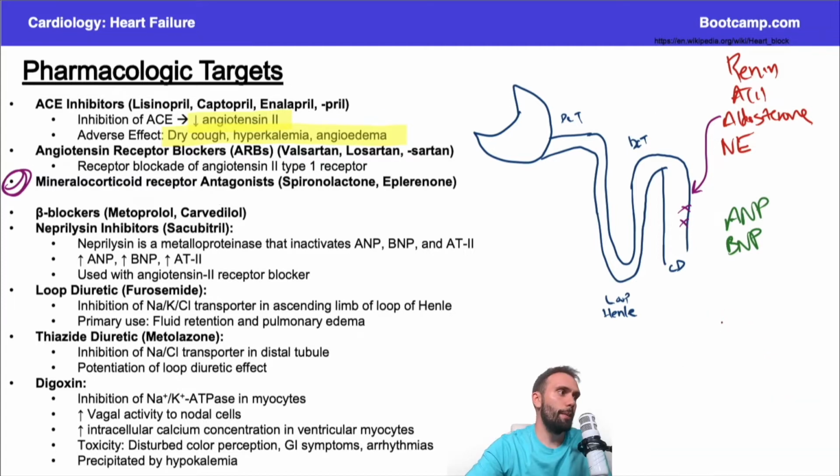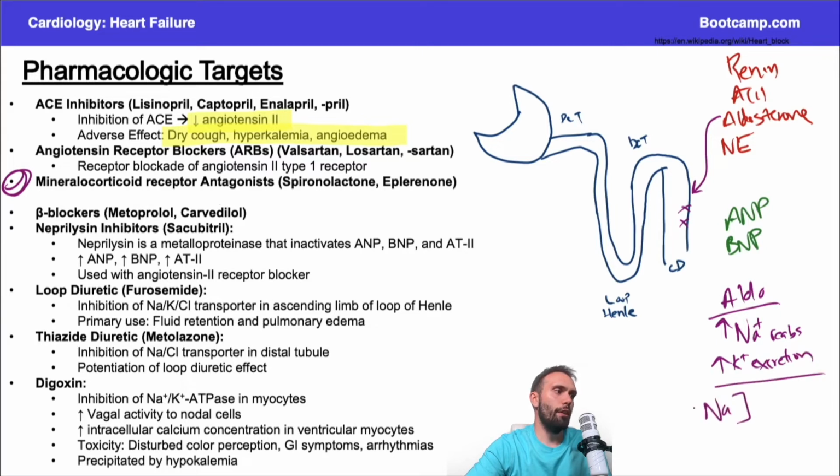Now, one thing to really keep in mind is when aldosterone acts, right? Aldosterone is normally going to increase sodium reabsorption, and it's going to cause an increase in potassium excretion. So if I look at the blood, my sodium levels in the blood should go up, but my levels of potassium in the blood should go down as a result of high levels of aldosterone. So that's why patients that have heart failure will frequently have hypokalemia. They'll have low potassium for that reason, because there's so much aldosterone being released, it's causing some of that potassium